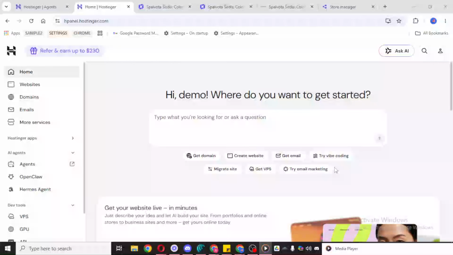In today's video, I'm going to teach you how to add a text background in Hostinger Website Builder. If you want your text to stand out more clearly on your website, especially when it sits on top of an image or a colored section, adding a background color behind the text is a simple and effective way to improve readability. In Hostinger Website Builder, this can be done in just a few clicks.